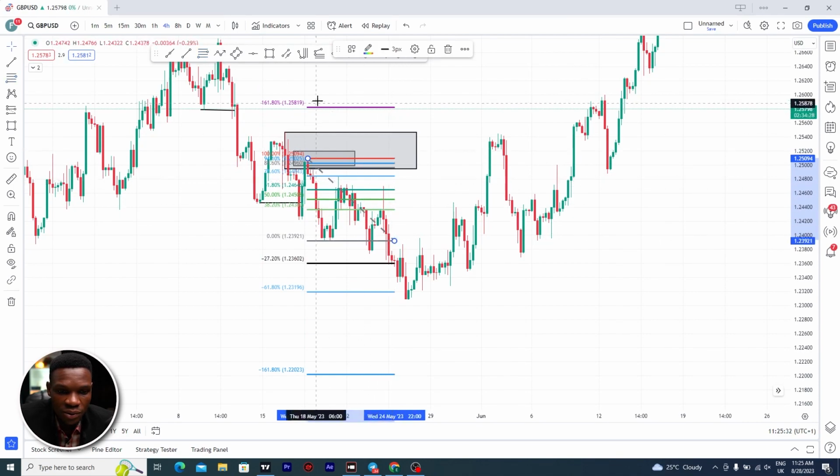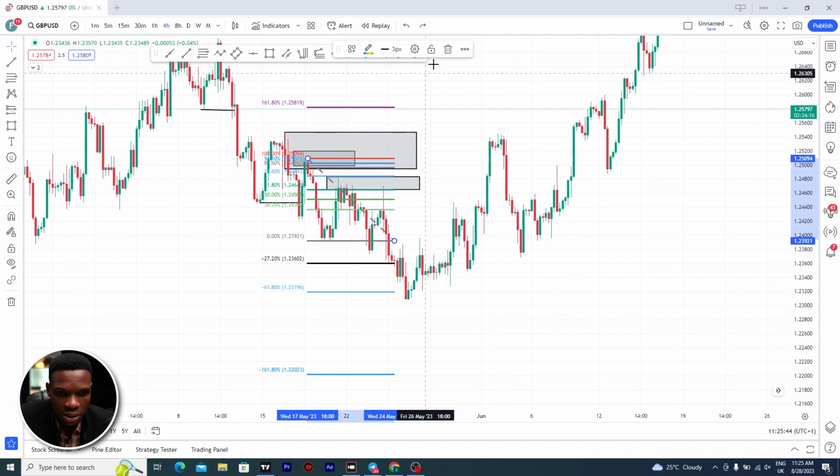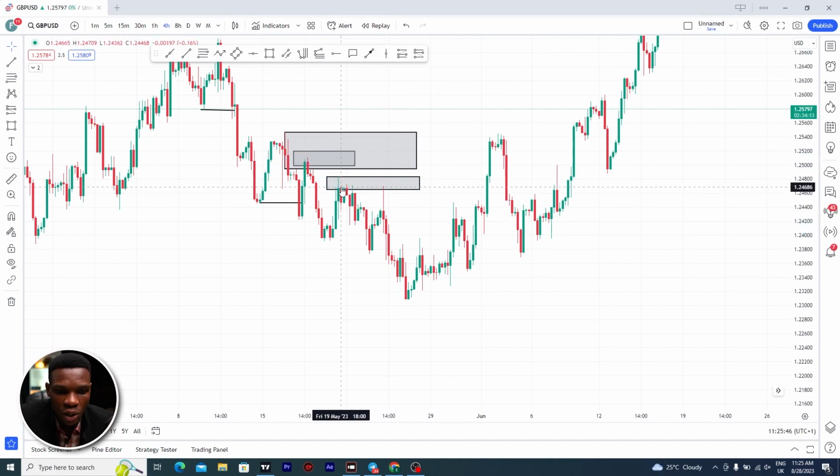So this is it. You see another pullback here, back to the 61.8 Fibonacci level and 78.6. So you see, and what did market do? Market started selling. Sorry about that. And what did market do here? Market sold, right? So you break of structure here,